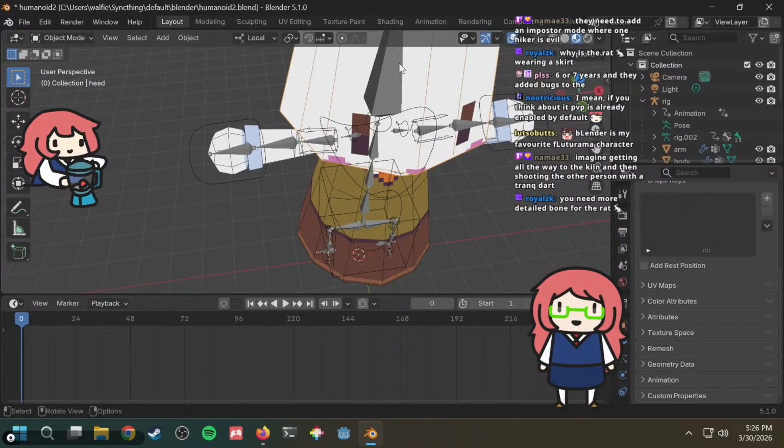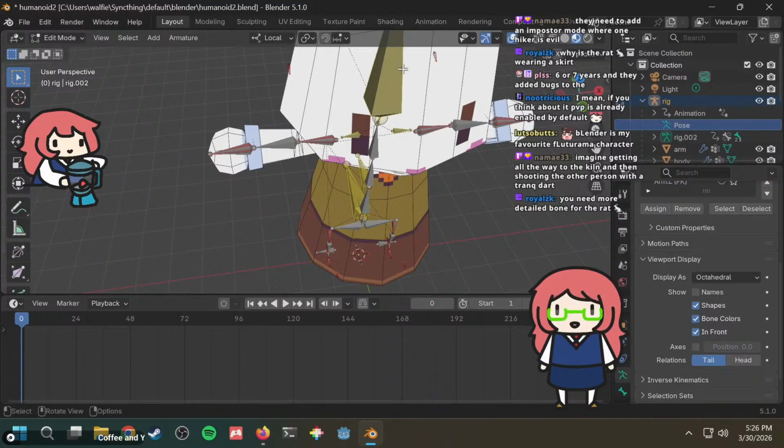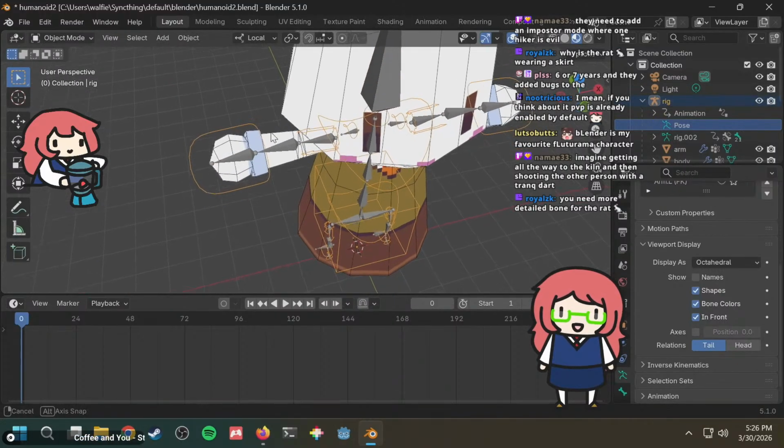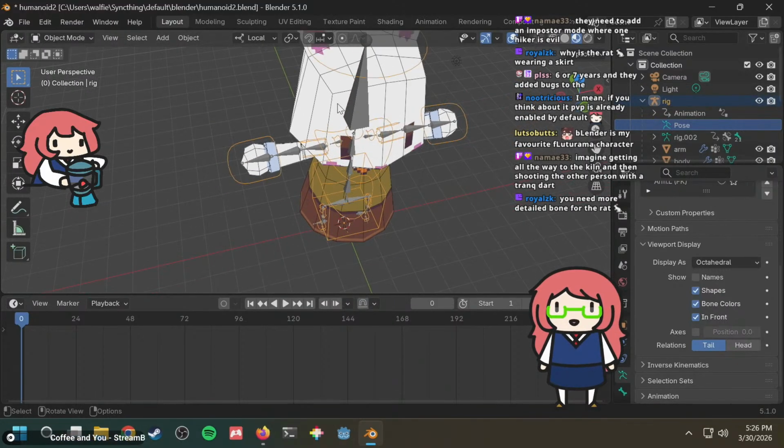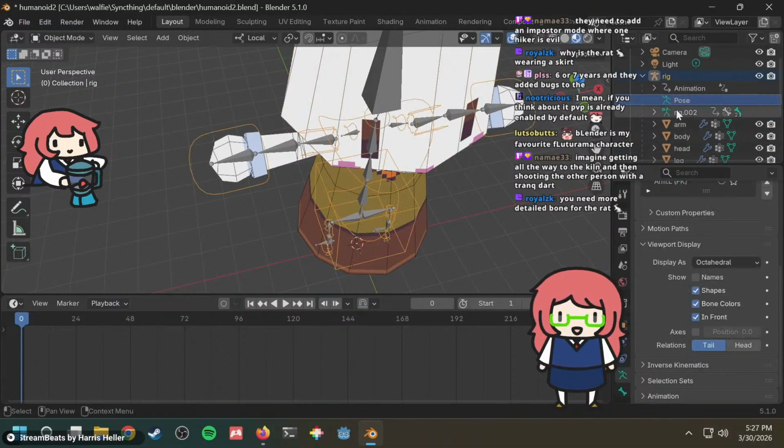Alright, the rig. So this is in the front. Well, we want the bones to also be in the front, right? Need more detailed bone. It's got so many bones though. It literally has so many bones. How did I show? What did I click on to show these bones?